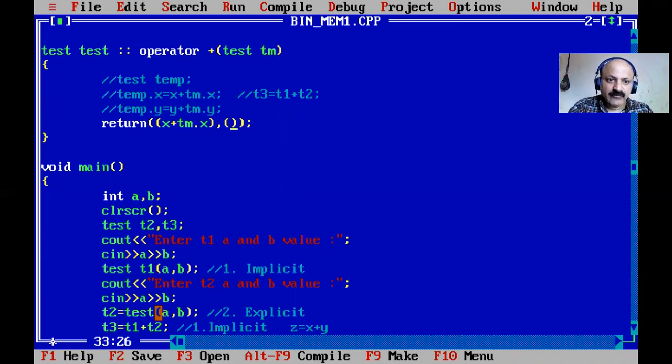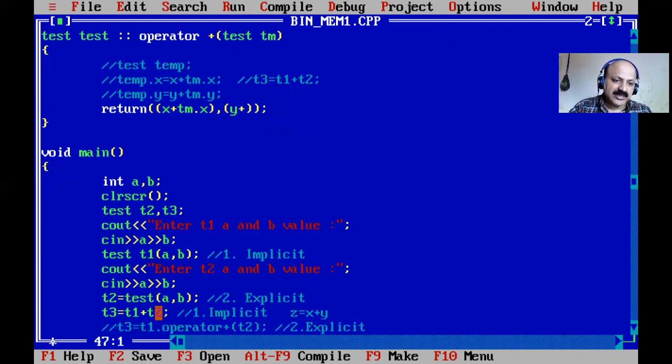And now here, why the comma and the plus sign? The comma is already given. That is like the first argument to the two-parameterized constructor, and that is the second, and there is no name, it is a nameless object, directly assigned to our handler, which is t3. The caller is t1, and t2 is the argument passed to our operator member. So here tm dot 5. There is only one statement working as before.